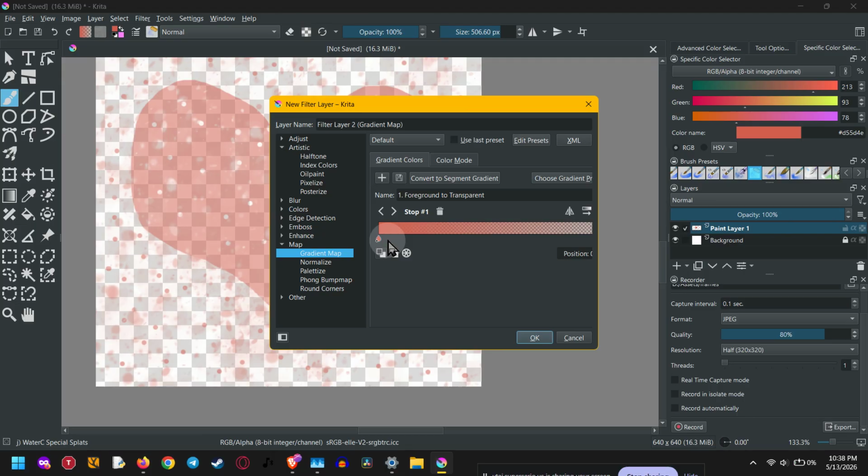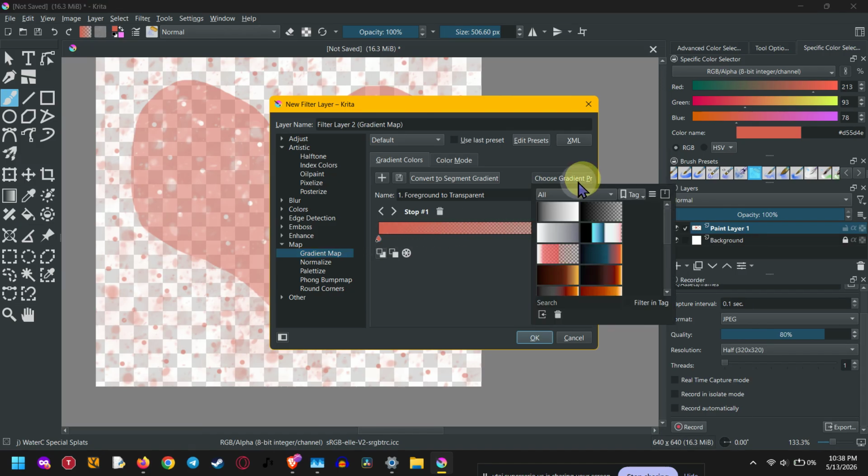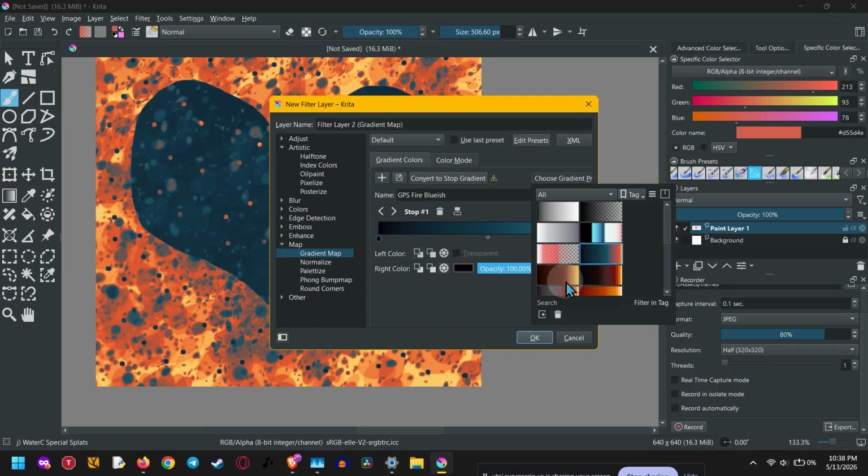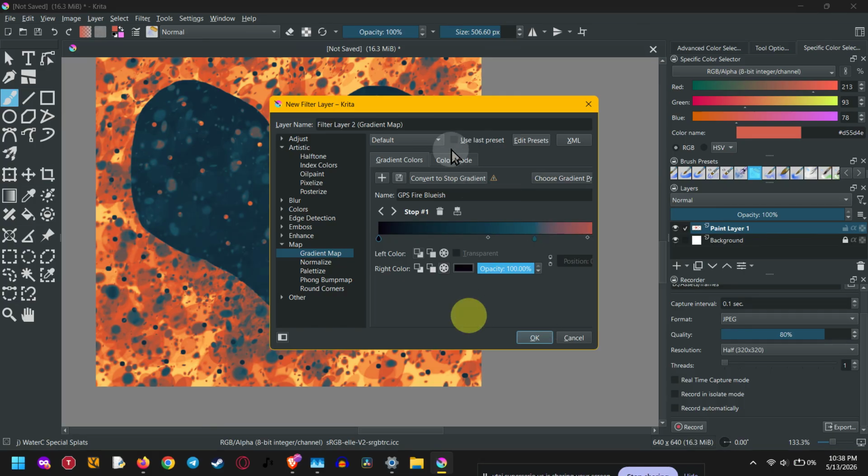Once Gradient Map opens, you'll see a list of preset gradients. Take your time and click through a few options to preview different color styles. Some gradients will give you a soft painterly look, while others can create bold, high contrast color changes. When you find one you like, click OK to apply it. At this point, your grayscale image should already have a brand new color look, but the real power of Gradient